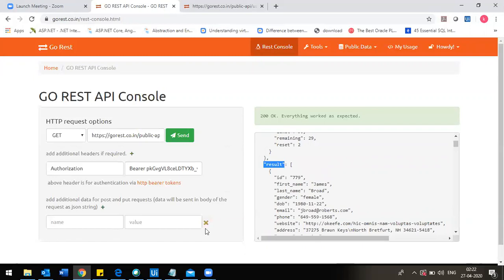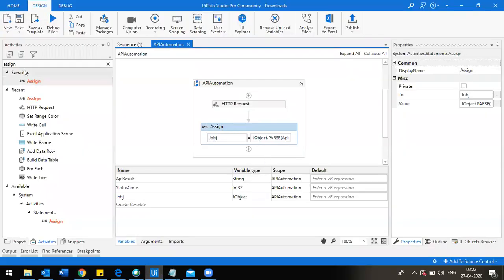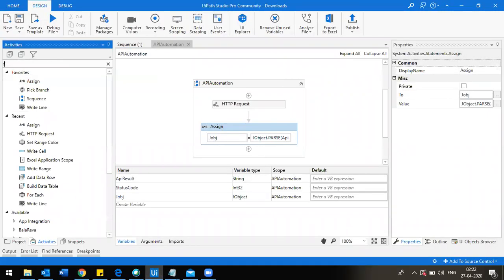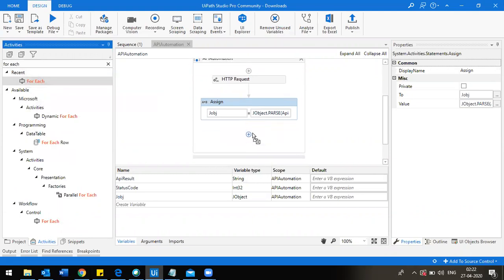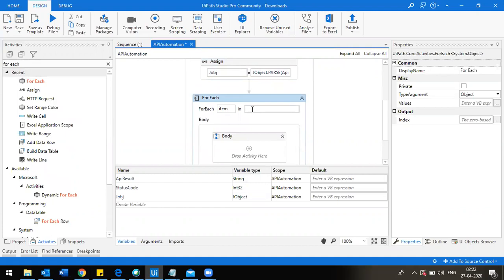I'm just copying it, going to UiPath, taking a For Each activity. Here you have to give the parent path in JObject. My parent path is result.